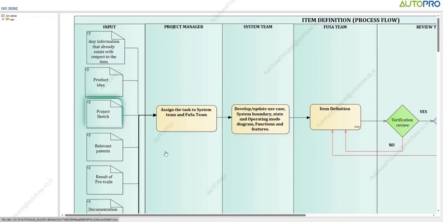We understand every customer is unique and their process and their terminologies also may differ. Hence, AutoFuSa helps to customize this process and provide it to our customer. This process establishment is also helping the organization to get ISO 26262 process certification at org level. Okay. For example, if you look at here,